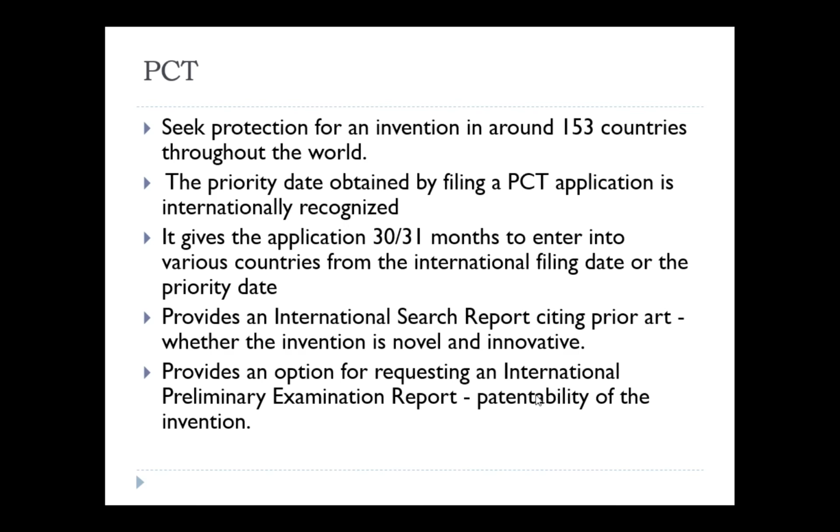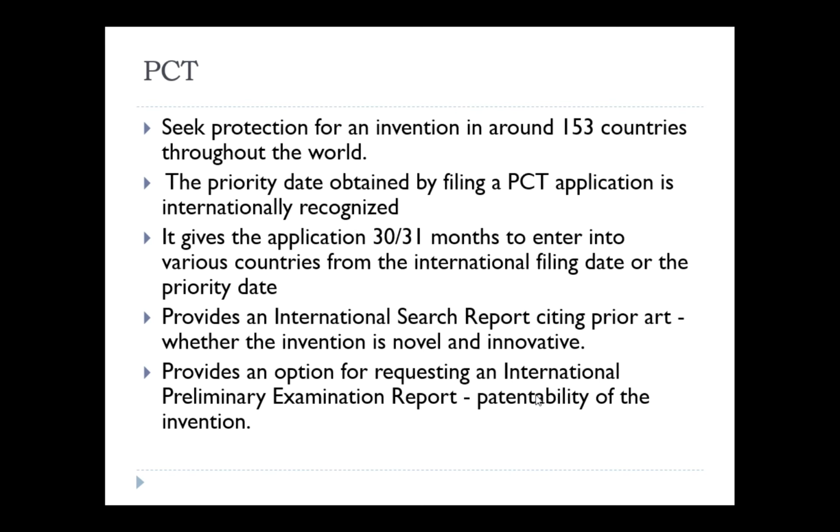So in this mode, due to these 153 countries, this PCT mode he followed: he applied a first filing in Australia, and then he went ahead and filed PCT after the stipulated time period as per the Australian patent law. After that, he got two basic identities, that is the International Search Report and the International Preliminary Examination Report. I will explain what they are.